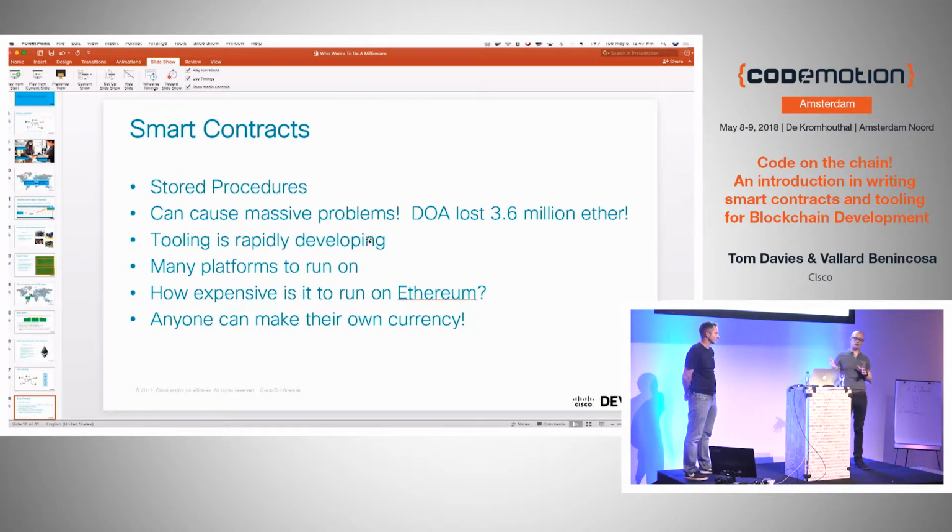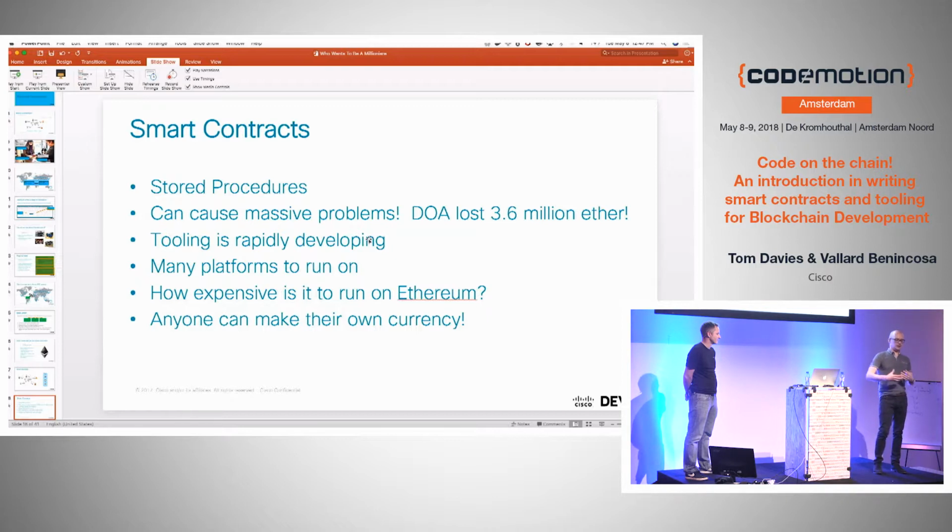Now you can think of the smart contracts then as like stored procedures. For anybody familiar with Oracle here, you used to have SQL procedures stored on the database, and it's kind of the same thing. You put it down onto the database, and then you can call it. There are massive problems with how these are coded, though. Right now, it's kind of like the Wild West. There's no real best practices for coding smart contracts, and they're only being formed now.